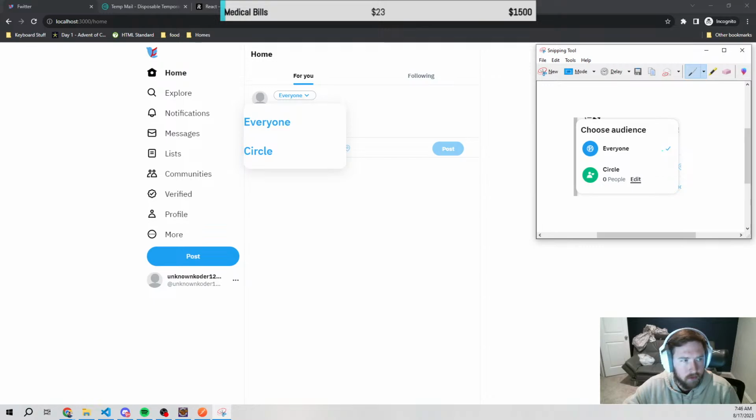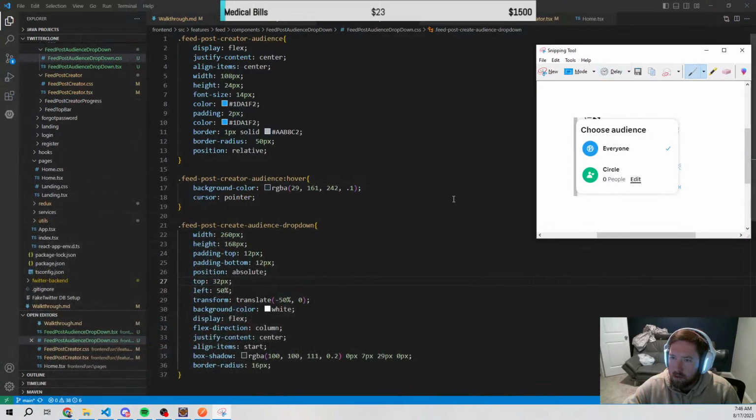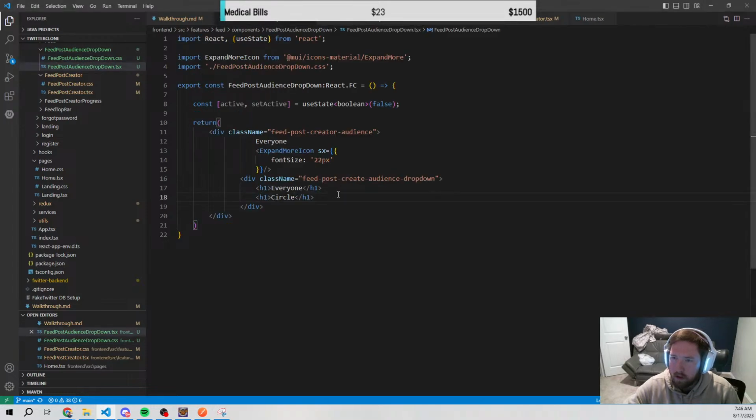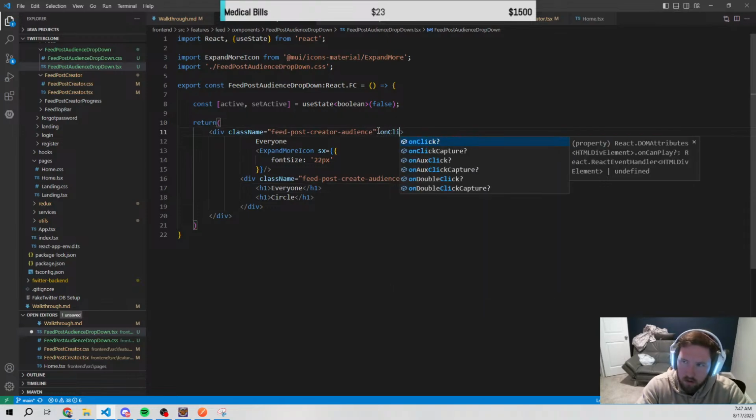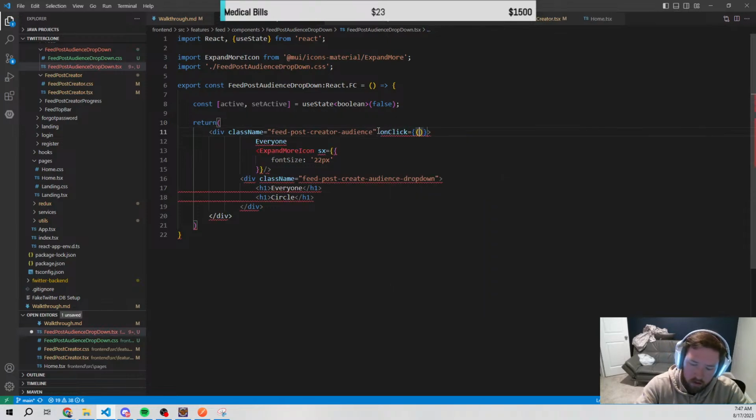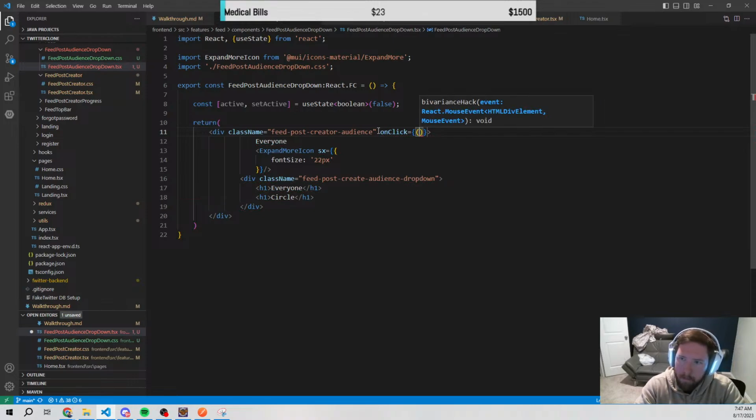Also like a check mark icon. So what we're gonna have to do is come in here, and what I'll say is whenever this is clicked on, click, and